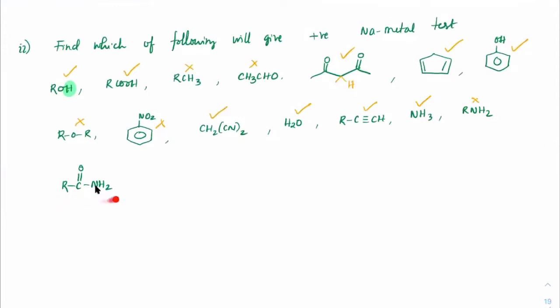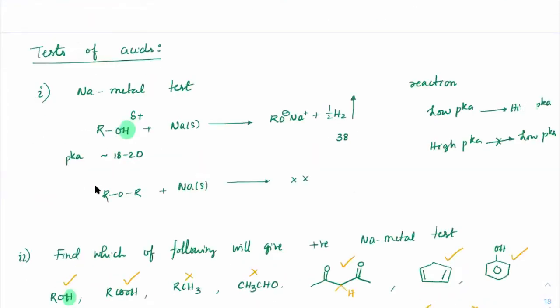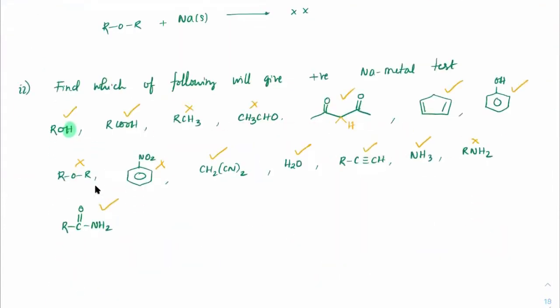But RC double bond O NH2, amides will definitely give, because after removal of H plus, that negative charge will undergo resonance. Here, when it comes to this carbon, correct. So this is around 3.05, this is around 2.1. Always first look at the pK value. This is the fact you have to always consider. Low pK value to high pK value. All of these, the ones which I ticked correct, they all have a very low pK value compared to the pK value of H2. The pK value of H2 is around 38. Rest all of them which I have taken are in the range of 20 or 25.